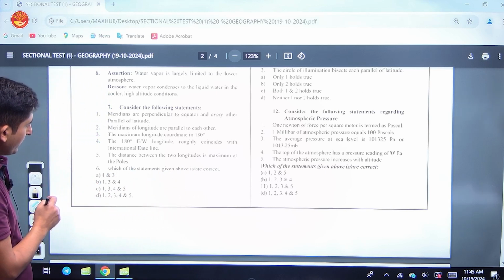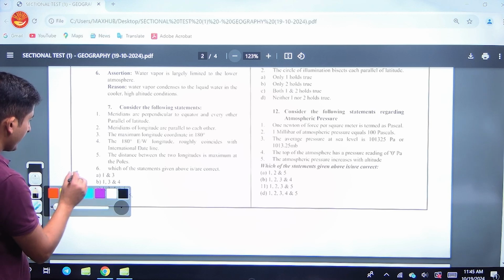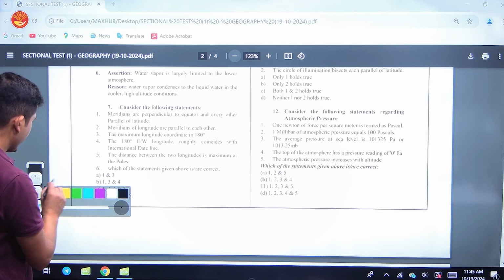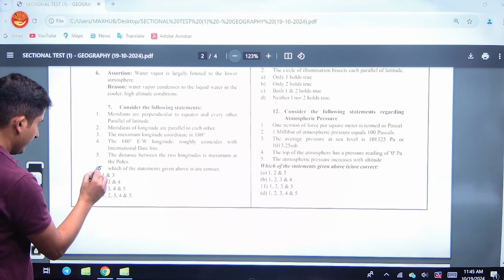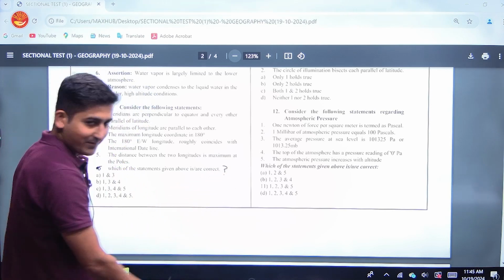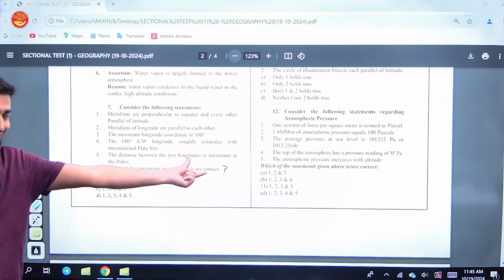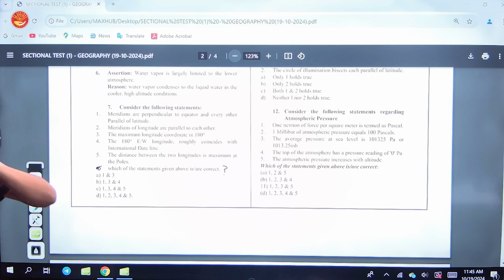यार ये 6 पे क्यों आ गया? ये 6 ले गया इसको। दिस इज नॉट 6 हियर, देयर आर 5 स्टेटमेंट्स, ये गलत हो गया। ठीक है। This is the question that has been asked. नहीं ऐसा मत बोलो यार राकेश। Which of the statements given above is... चलो कोई बात नहीं, बट मुझे यहाँ पे दिख गया ना।